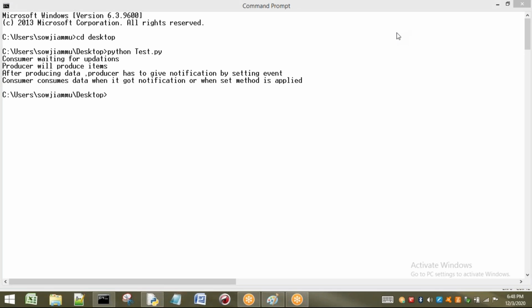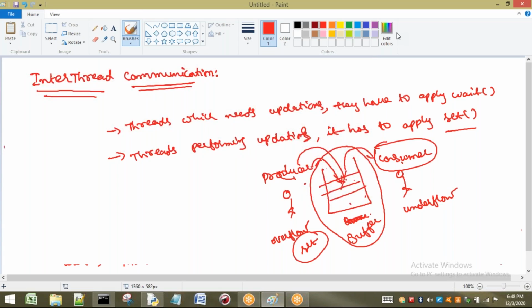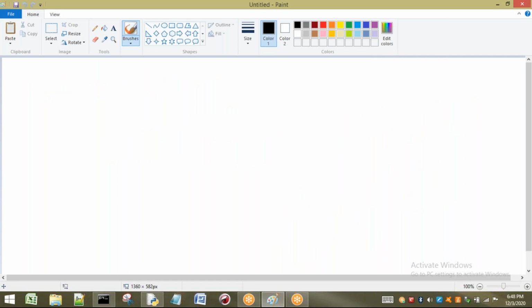This is one small case I have shown you as a basic example. Now one real-time example. What I have discussed about the traffic police concept, the same concept I will apply here. I will use the concept of event, and I will talk about two threads.